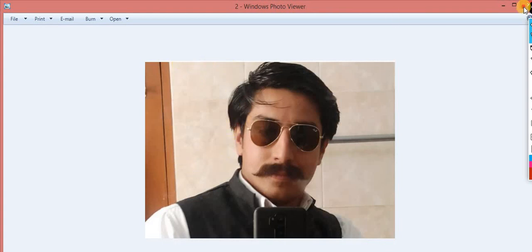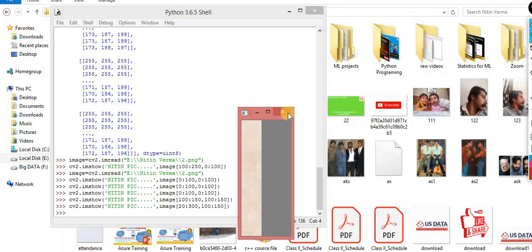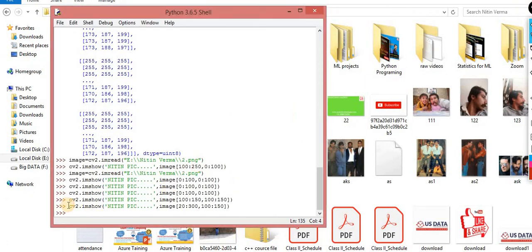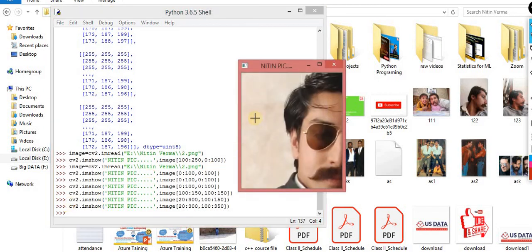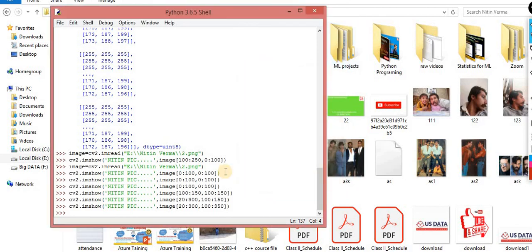If I increase the columns over here, now you can check, my hair will be visible. Let's suppose I increase the columns to 350. Now you can check, it cut down this area from the entire image. It cut down half of my face. So this is the way. Now I think the picture is clearing step by step.